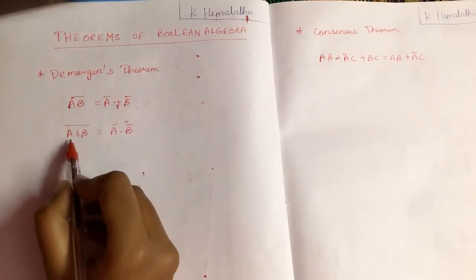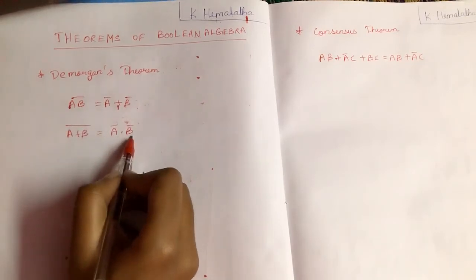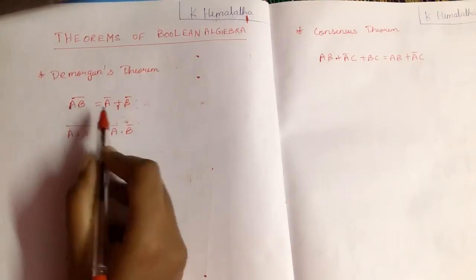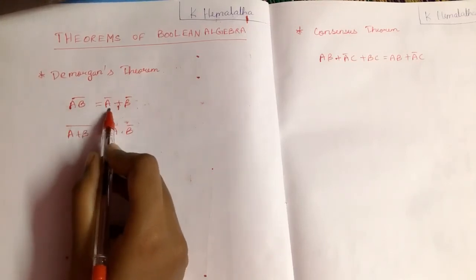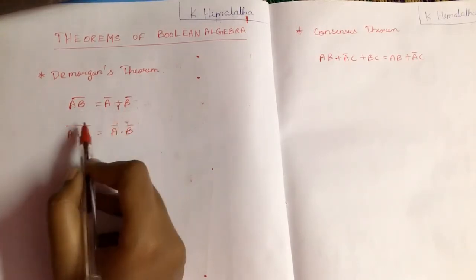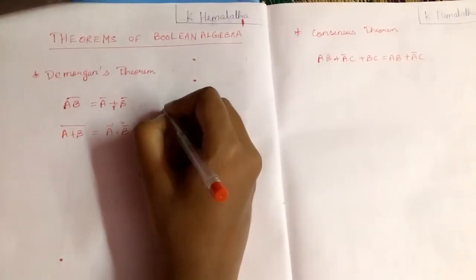And another form is (A plus B) the whole bar is equal to A bar product of B bar. So whatever values you apply here and take the complement of, the same will be reflected in A bar addition of B bar. This is what they are saying. We can check this with a truth table, so I am drawing a truth table for this.